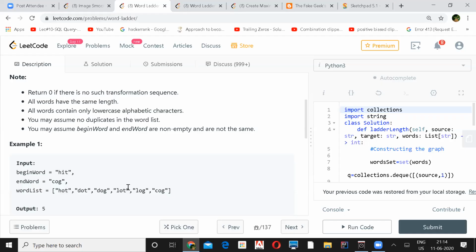I have one doubt in this. Here it is given that there are no duplicates in the word list. So basically in this question we will go with normal BFS. I applied one approach where I took a queue of pairs of string and integer. The first parameter denotes the node, and the second parameter denotes the distance I have traveled. Can I share my screen also? Sure, definitely.